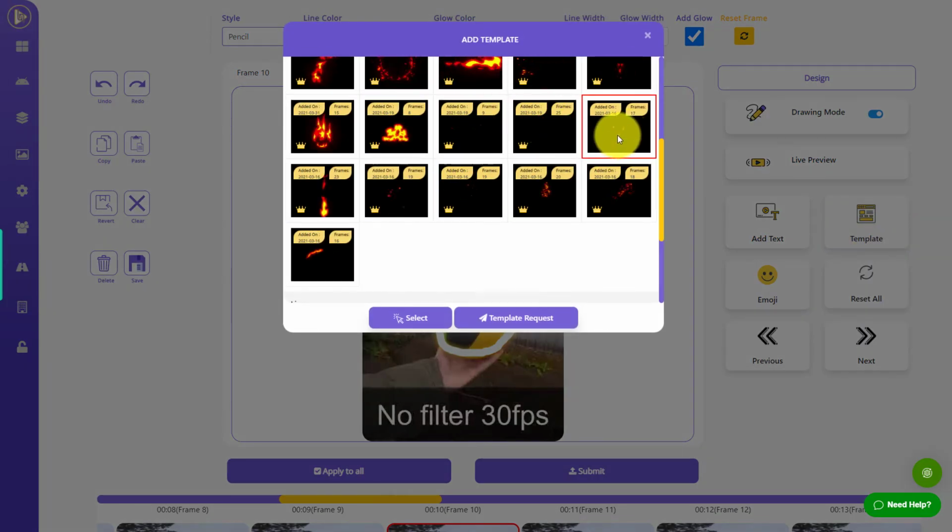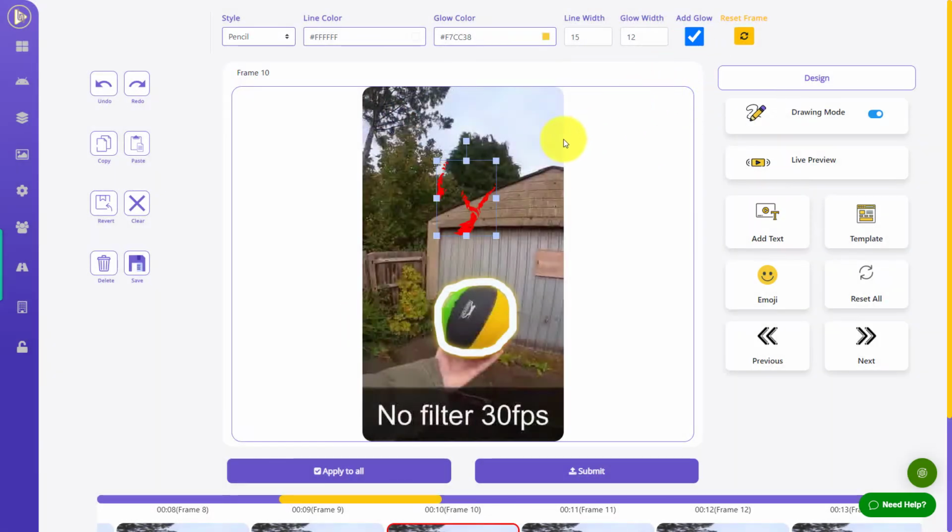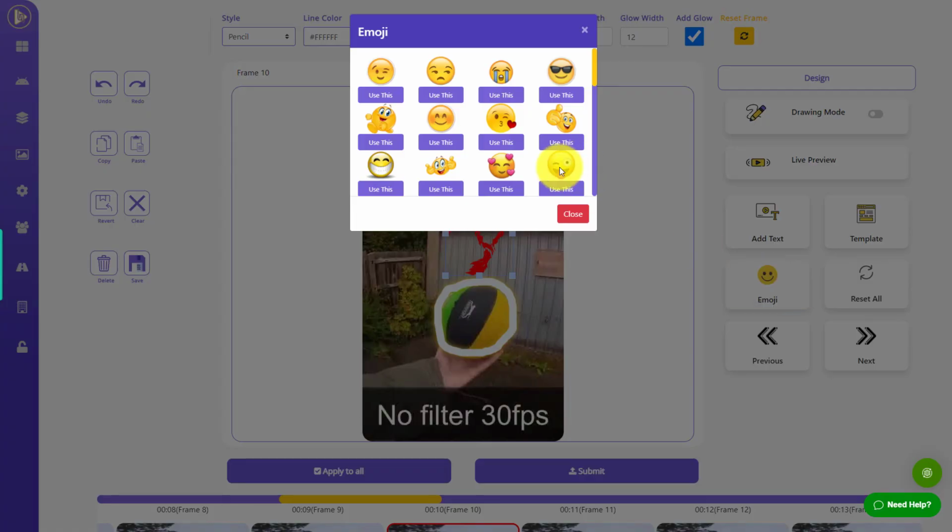So I'll add this fire, select. I'm still on the pen mode, so I need to click off the pen mode, and now I can move this about. But again, I would have to put this in for every frame. I don't know how it animates. I don't think it moves. I think I would have to go and move it around. So not great.